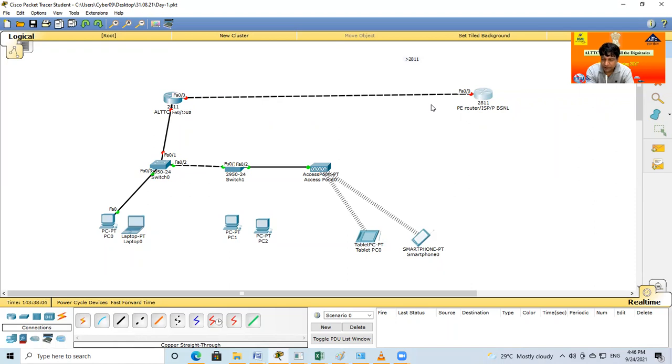If both ends have an RJ45 connector, that is the rollover cable, also known as the console cable. These cables are not used for communication. They are used for login and configuration purposes. If any doubt, you can see the last class again.